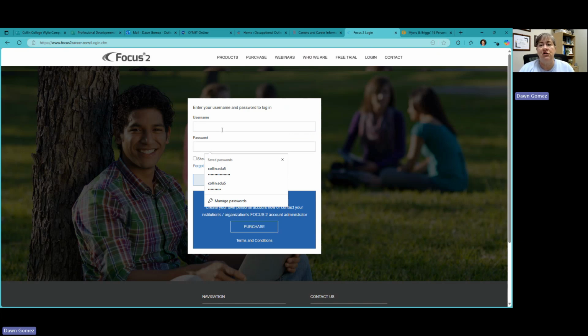Your username is going to be your email address. So I've got to add that in there. And then I've got to give you a temporary password, which is going to be capital A, lowercase b, c, d, 1, 2, 3, 4. And then once I've opened an account for you, you will be able to then go to